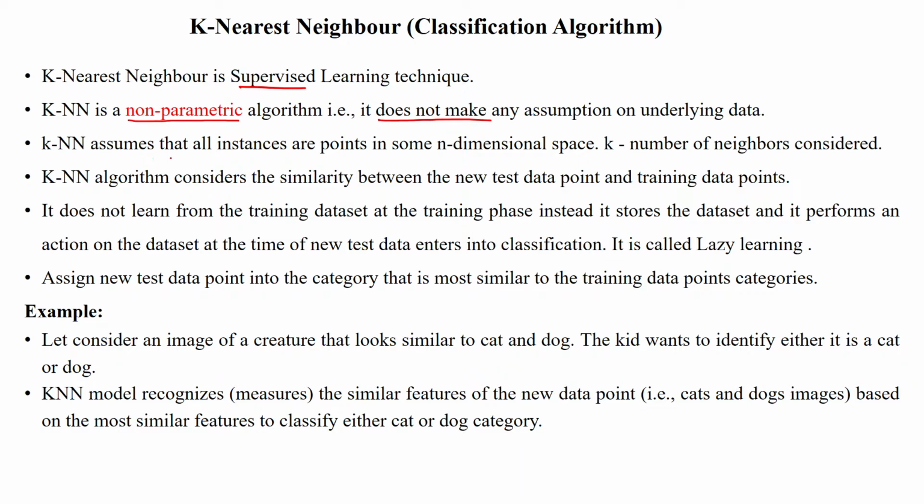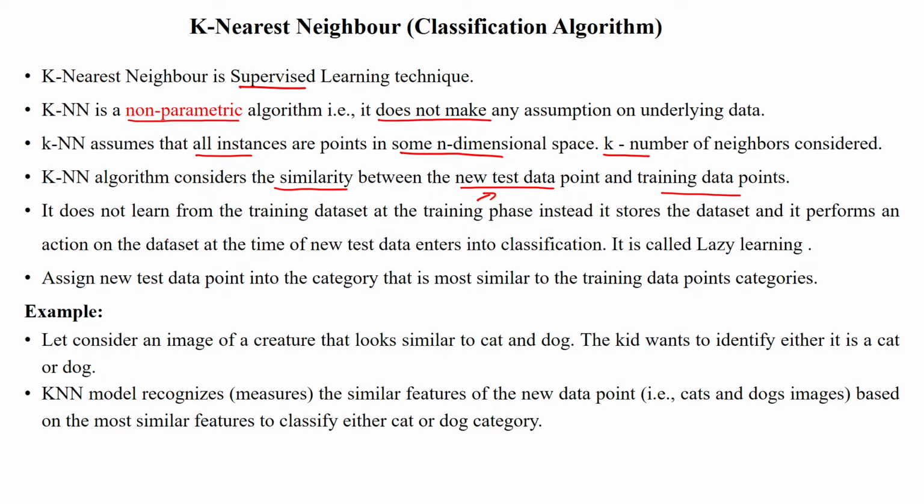KNN assumes that all the given data points lie in n dimensional space, like a two dimensional or three dimensional space, and we have to consider k number of neighbors, using the similarity between the testing data point and the training data points to classify the new